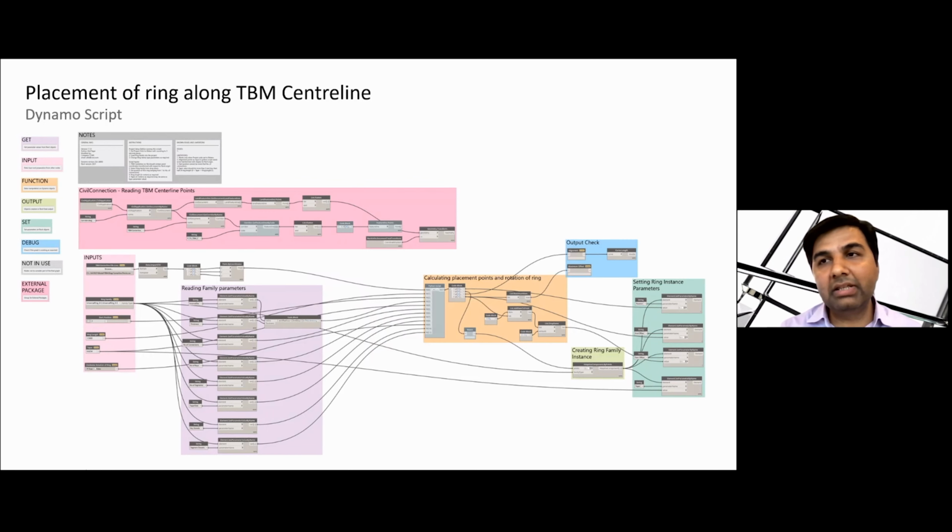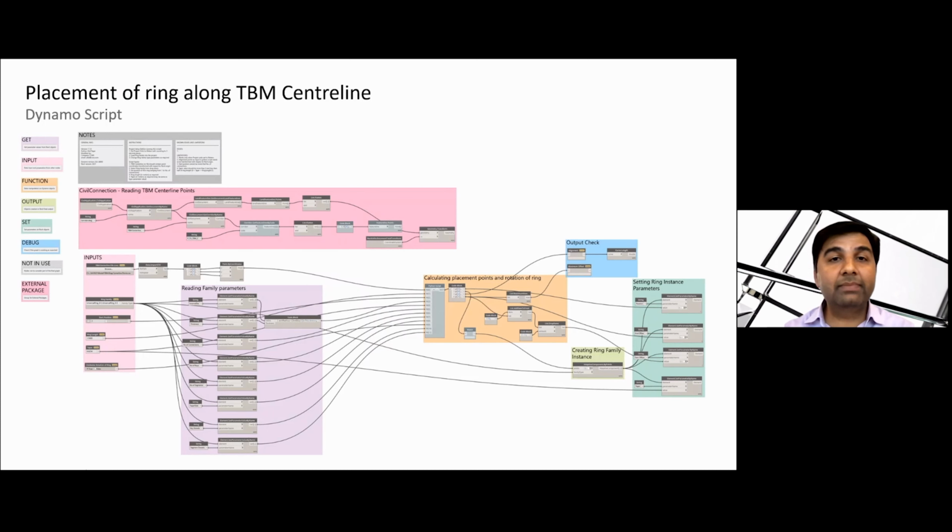Second data source is we can use a 3D polyline or line feature line inside Civil 3D, get its points and make it as input for the placing of this TBM tunnel. And the third type of input is we can also use CSV, comma separated values, which gives the coordinates in XYZ format, and we can also use Excel format in this script. And all other inputs are, for example, we have to provide the ring family we are using, the starting position of the first ring, the desired ring length, and the taper. Just set some values.